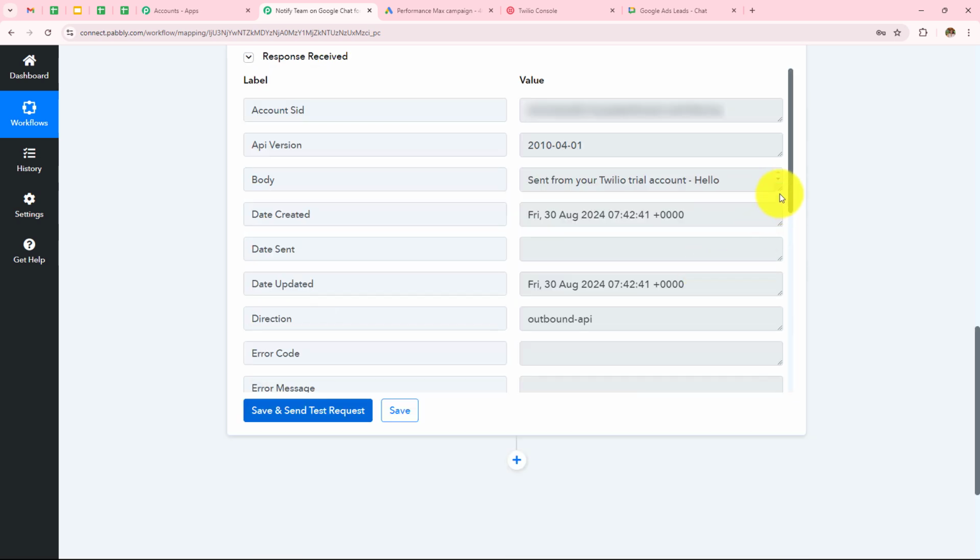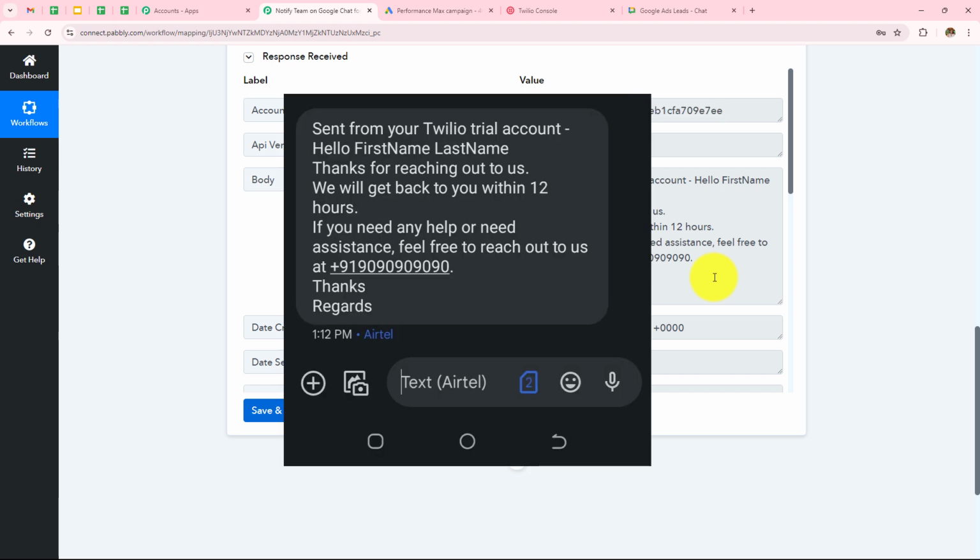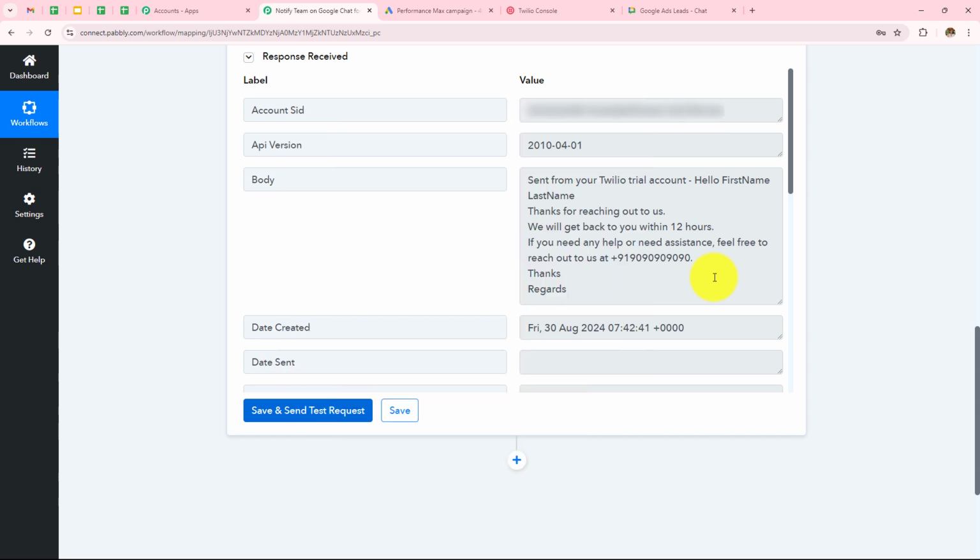And over here we can see we have received the response. Now I have to check my phone number and see whether I have received this SMS on my phone number or not. And here we can see we have received the response. The SMS reads as, hello, first name, last name. Thanks for reaching out to us. We will get back to you within 12 hours. If you need any help or need assistance, feel free to reach out to us at this number. Thanks regards. So we have successfully sent SMS from Twilio